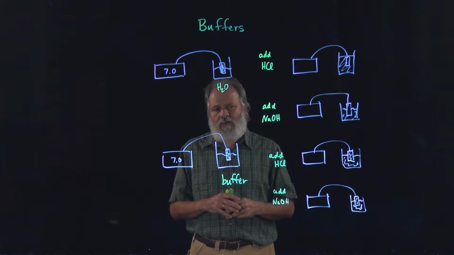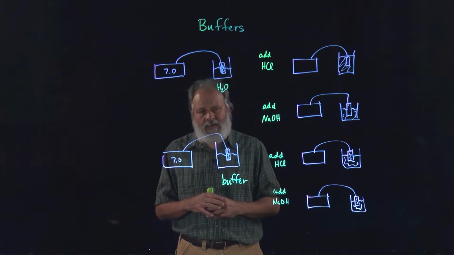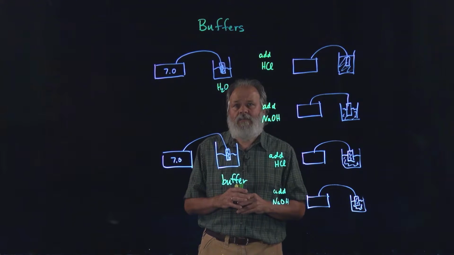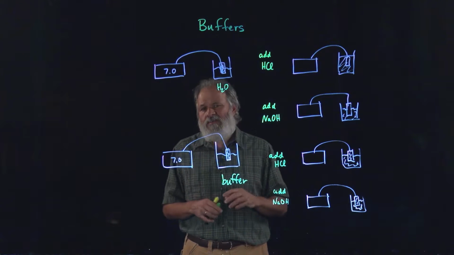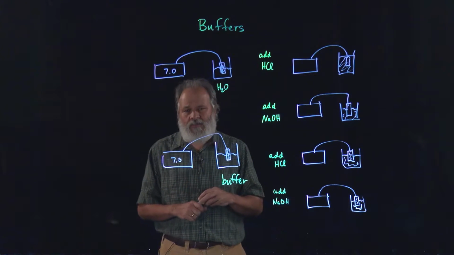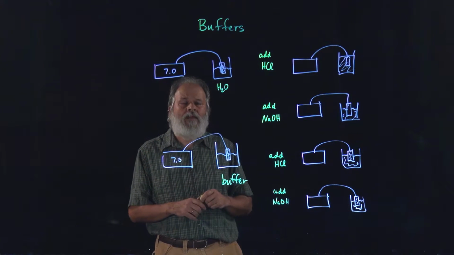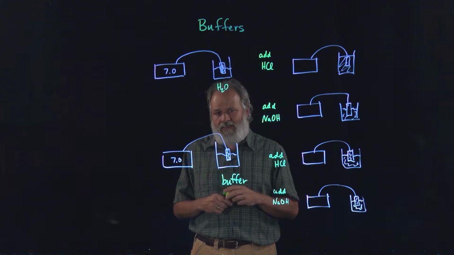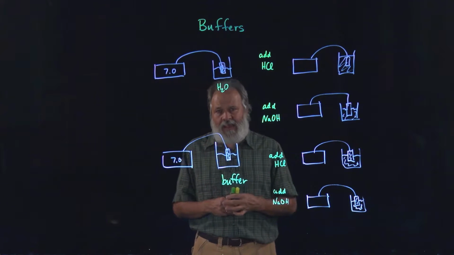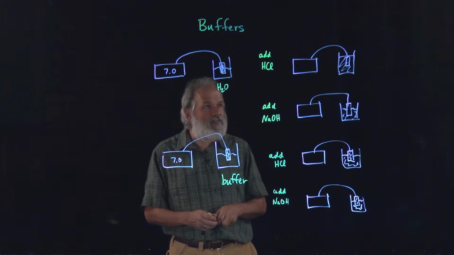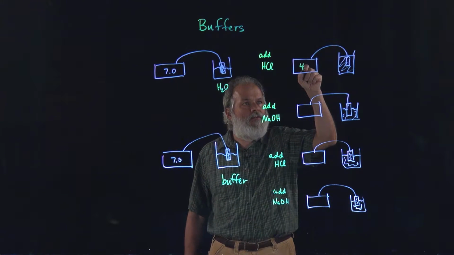In this video, we're going to talk about the concept behind buffer systems in acid-base chemistry. So a buffer system is one that resists change in pH, and we'll talk about how it does this in just a bit. But if you take some water, which is pH 7, and add some acid to it, the pH might drop, for example, all the way to 4 or even lower,